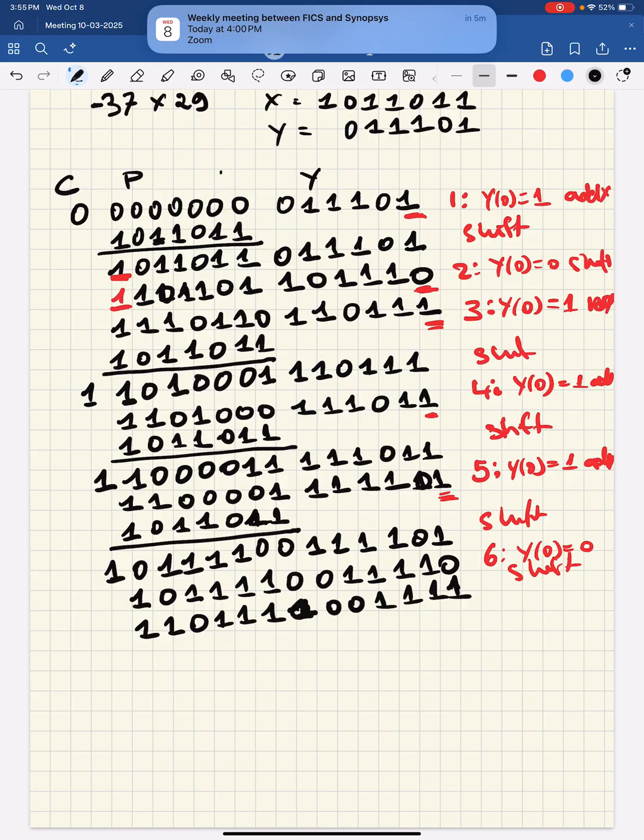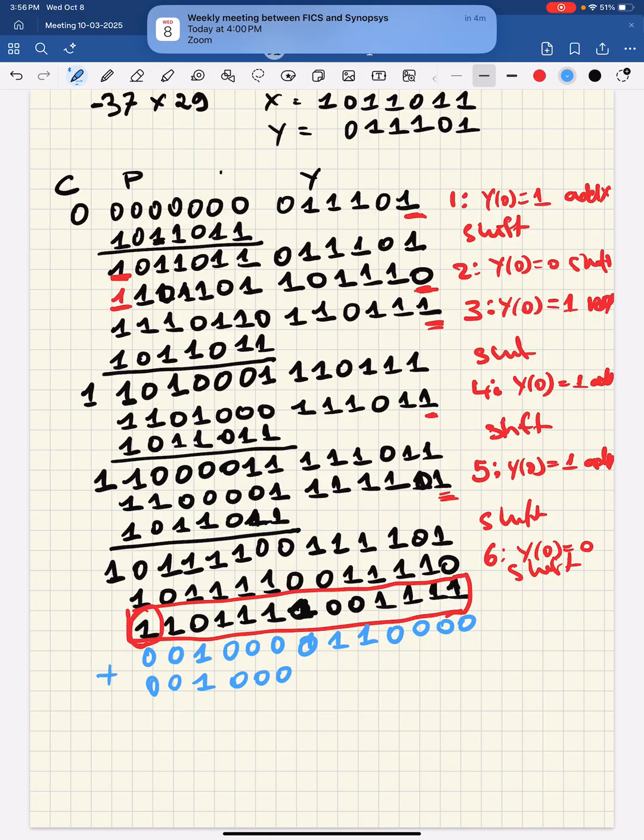And this final result, which number does this represent? Like I said in class, to find that out, because this is a negative number as expressed by this sign here, we can find the 2's complement of the number. What's the 2's complement? I'll flip the bits here: 0, 0, 1 there, 0, 0, 0, and here 0, and here 1 and 1, and here 0, 0, 0, and 0. Adding a 1 to that will give me 0, 0, 1, 0, 0, 0, 0, 1, 1, 0, 0,